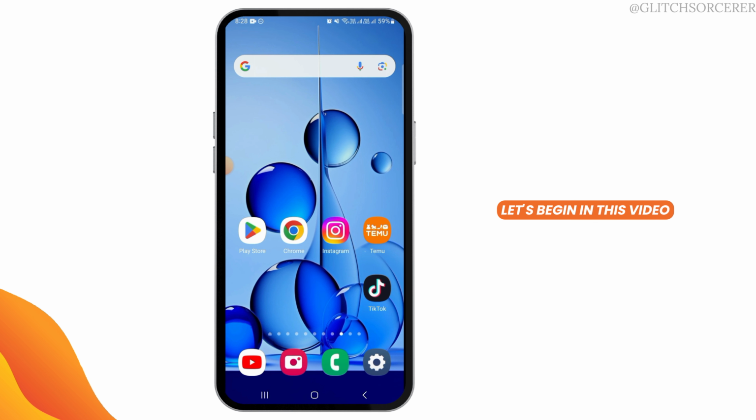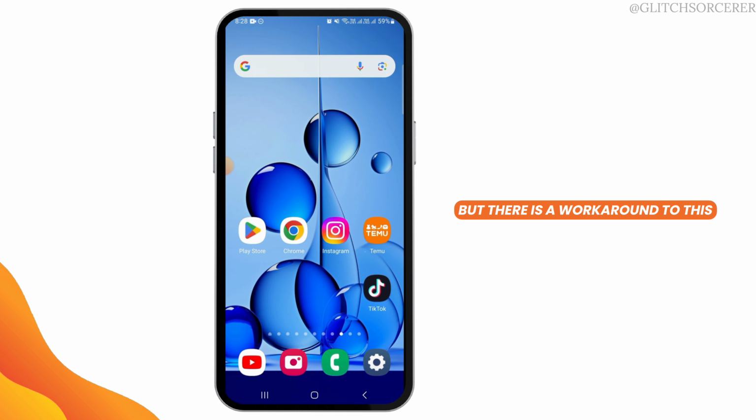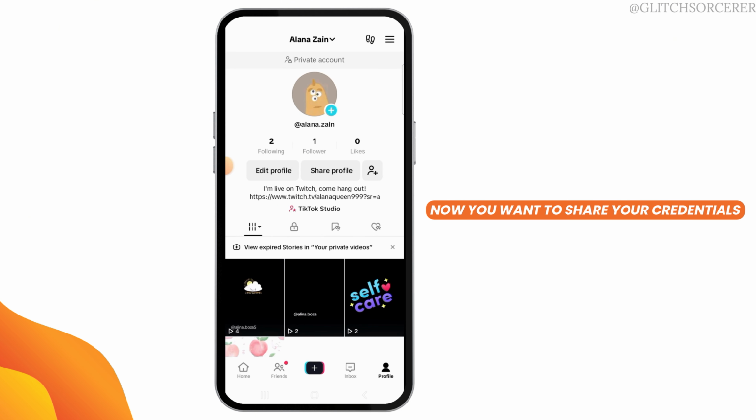Let's begin. In this video, I will guide you on how you can add admin to TikTok account. Now, there is no direct way to add admin to TikTok account, but there is a workaround to this. The first thing you want to do is open the TikTok app on your device. Now, you want to share your credentials such as username and password with the person you want to make your